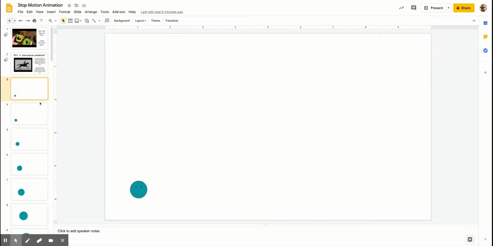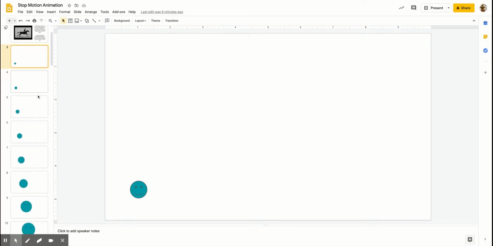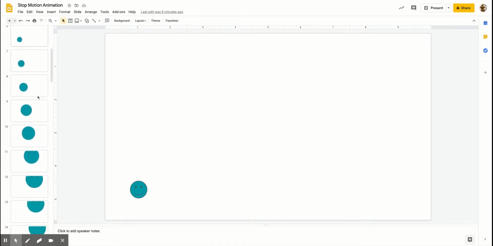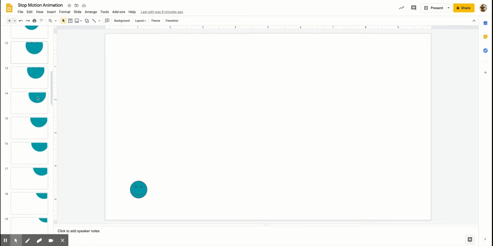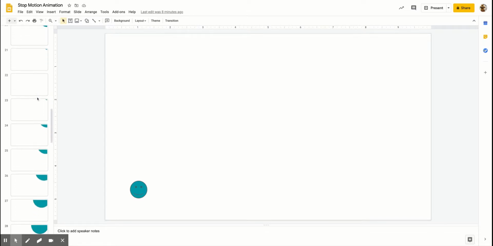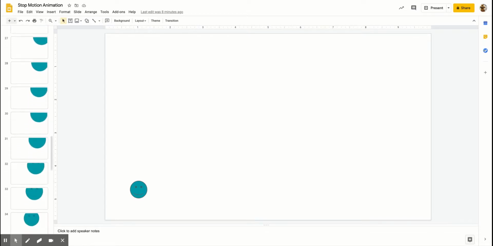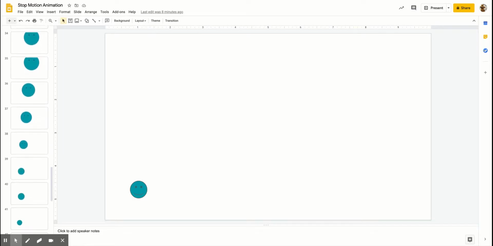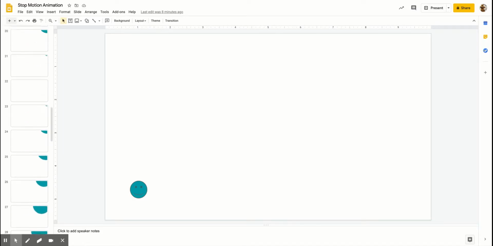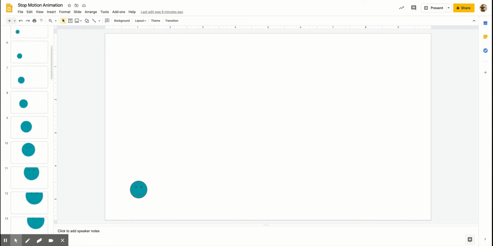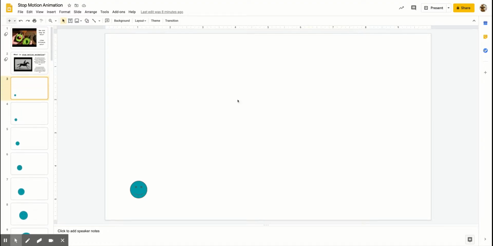This can be done in Google Slides even. So let's say this is my first frame. And I'm going to show you actually the way that this would look. So here, if you look on the side of the screen, these are all of my frames. And see how they're slightly different one after the other? Each one played one after the other will create a type of animation. So let's take a look at what that would look like if I played it for you.